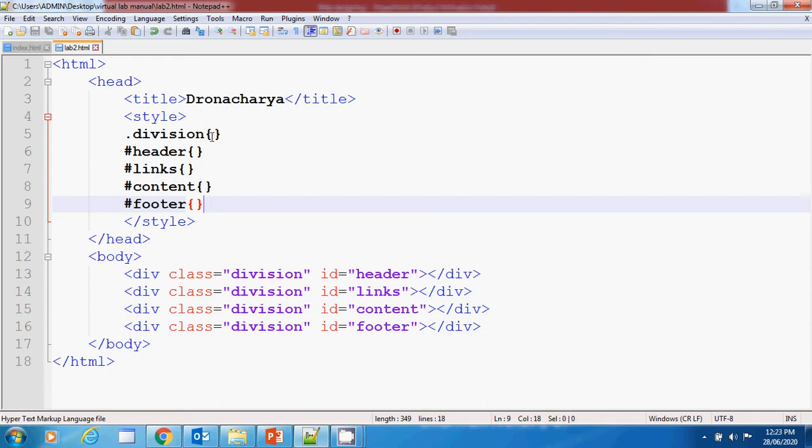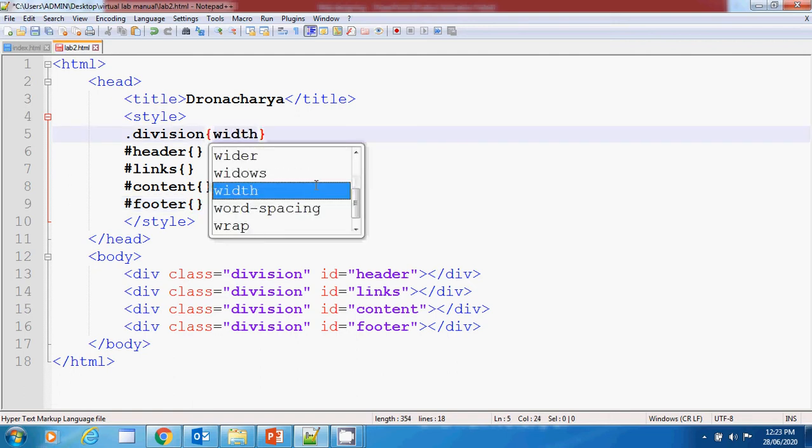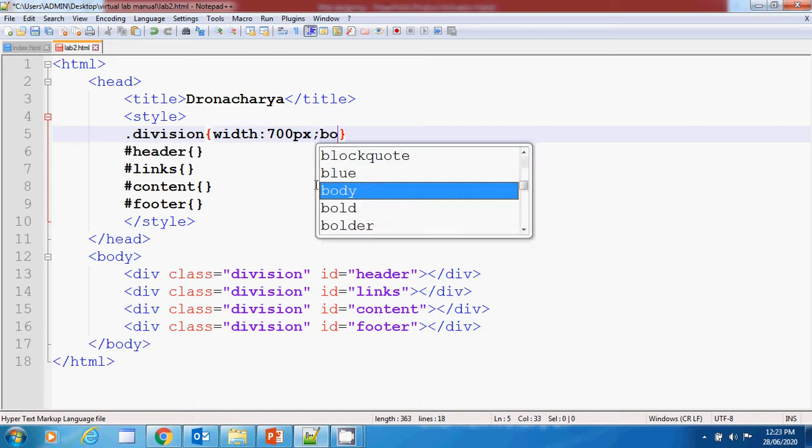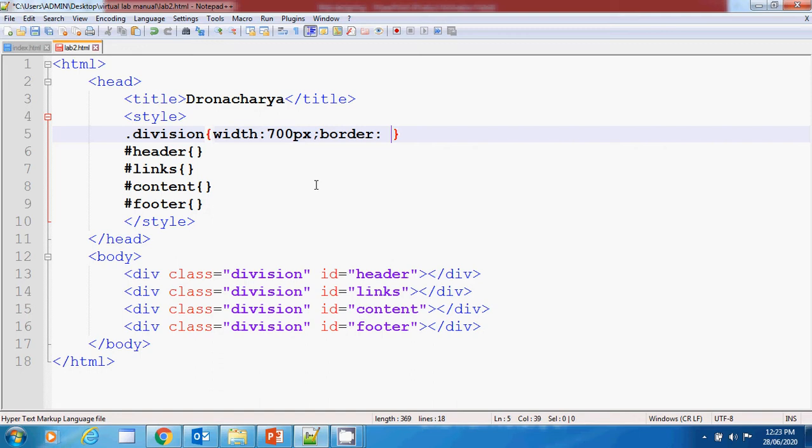So here we give width, colon, suppose 700 px, right, and I have given a border of 1 px solid to detect my divs.